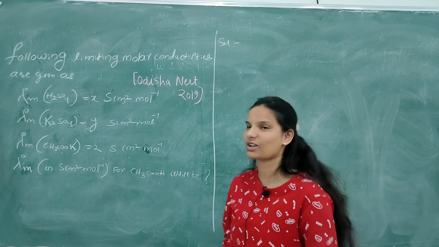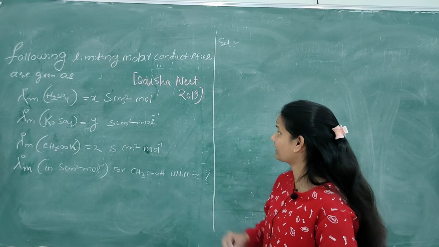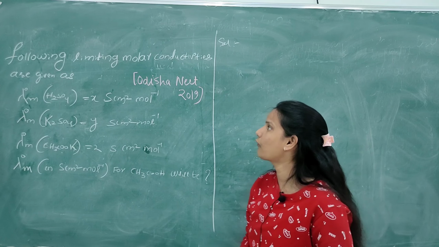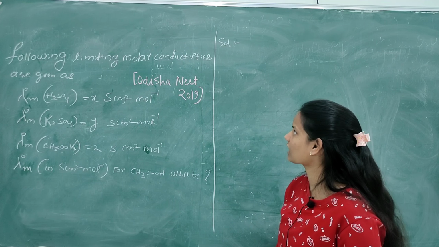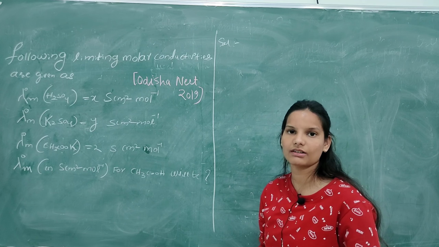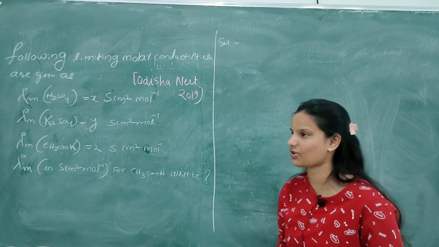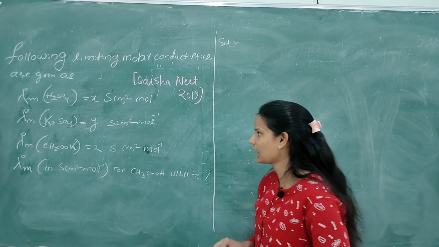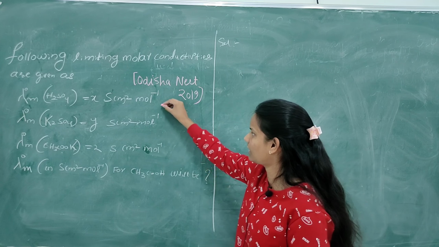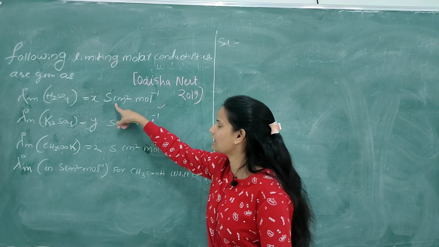So students, this is a question from the previous year NEET 2019. The question is, following limiting molar conductivities are given. Limiting molar conductivity means the molar conductance at infinite dilution only. Don't get confused. So we are given for H2SO4 lambda naught m, X Siemens centimeter